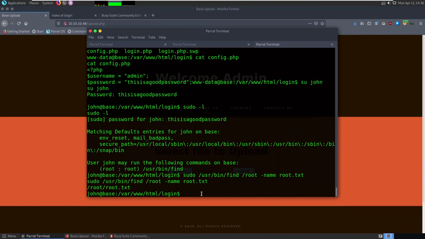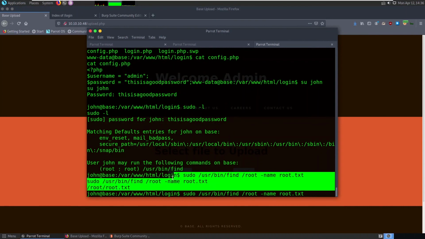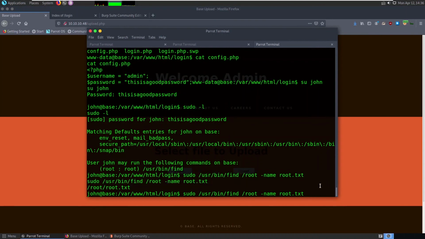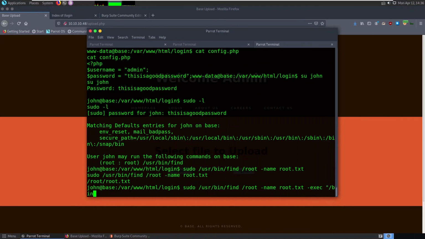So what you can do is with the find command you can execute a command. So with this find binary, whenever there is a successful result, that many number of times a command can be executed using the exec flag. So I want to execute /bin/bash.